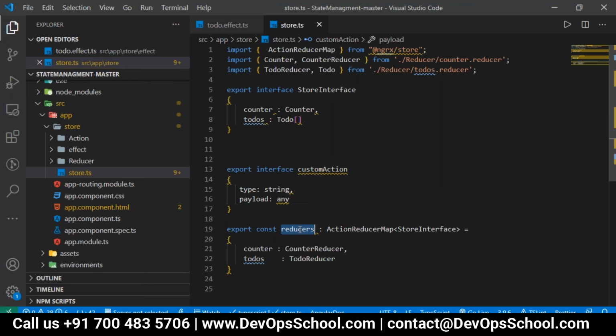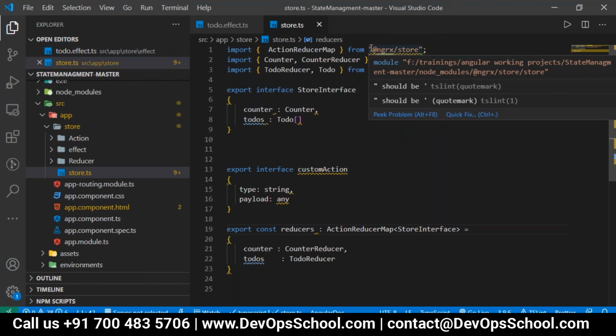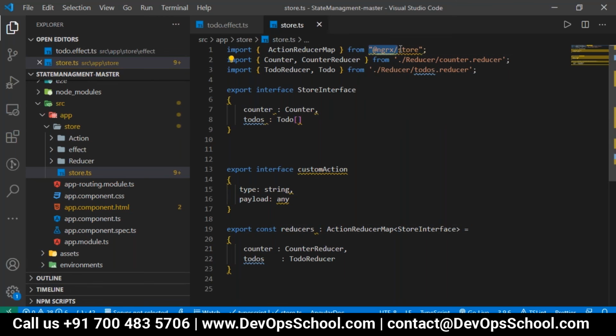And we have export const which is reducer. You can see the library we are using is ngrx, which is Angular plus rxjs. We have taken the action reducer map to the store interface, which is to call your reducer classes. That is what the reducer will be doing.